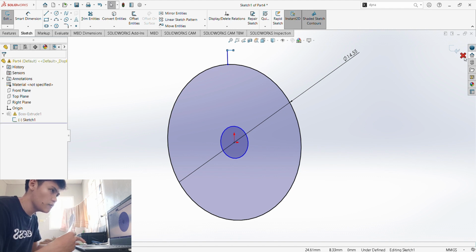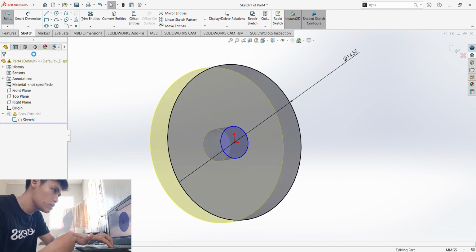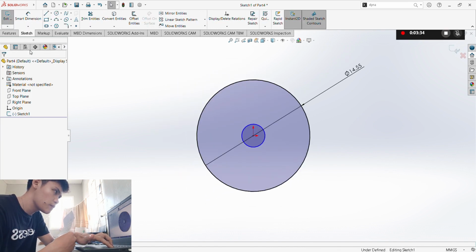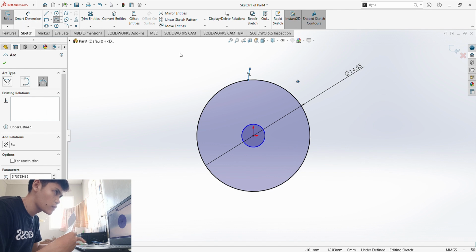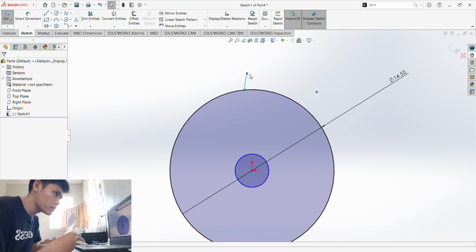We shouldn't have extruded it earlier. So what we could do is Ctrl J. Let's not extrude it right now. Let's just first create this one, just for the sake of demonstration, of course. So there, and then we just have to click check.